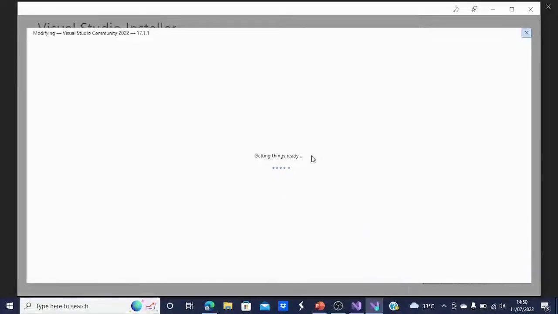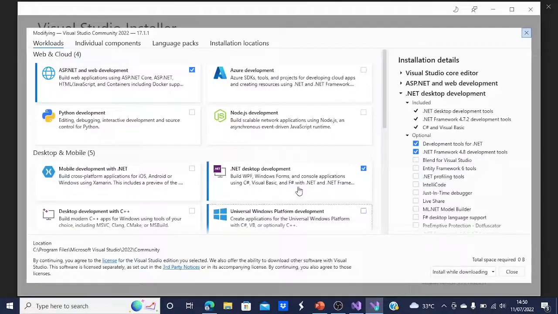You must check it and select Modify in the Visual Studio Installer. You might be prompted to save your work next. Select Continue to install the workload.